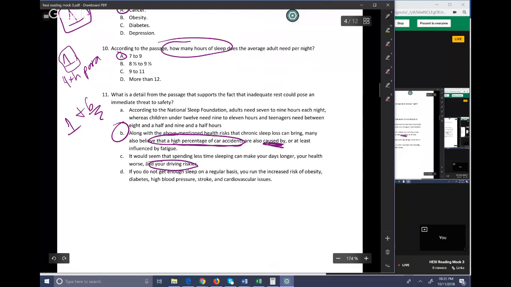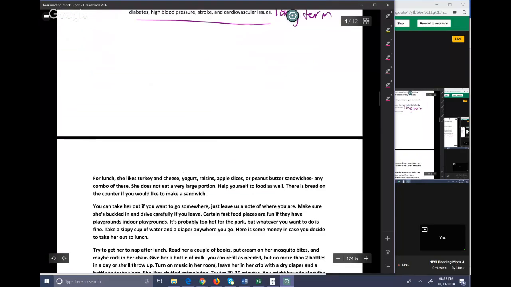This is meant to follow, and this is something I always talk about when I talk about best details, that was meant to follow the detail given in B. So you don't want the detail that follows the bigger, more important detail. You want the bigger, more important one. D, I wrote long-term. So this was the key difference in zoning into immediate and safety. This is talking about your long-term health effects as opposed to your immediate safety.